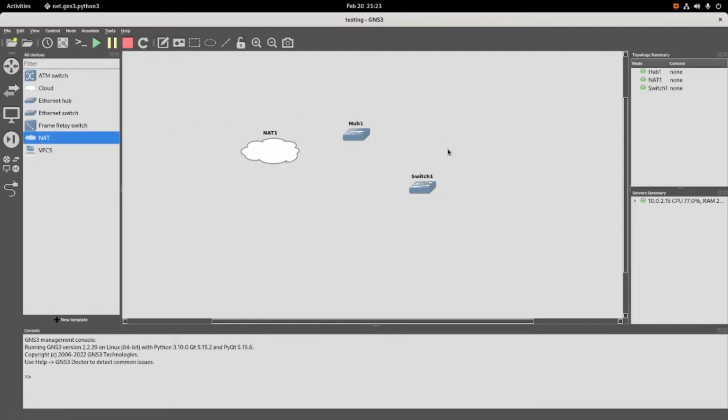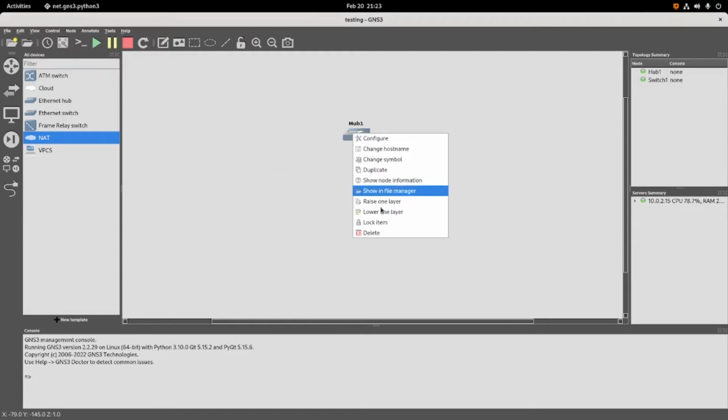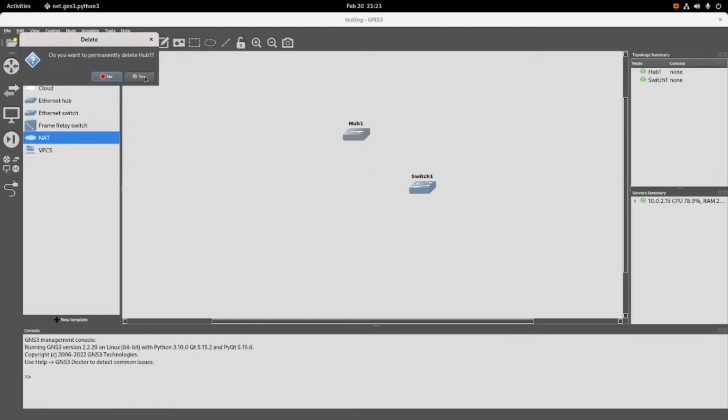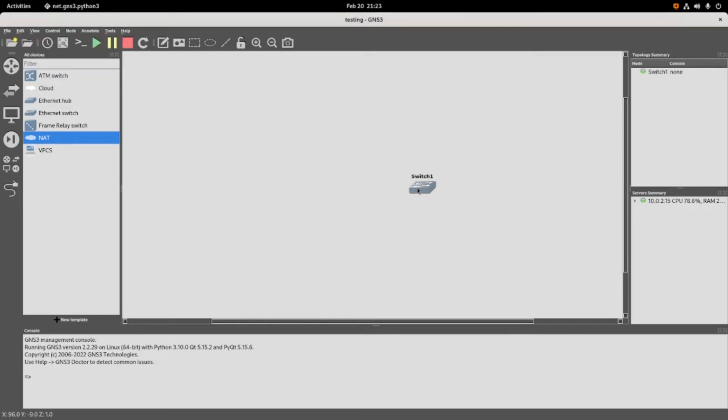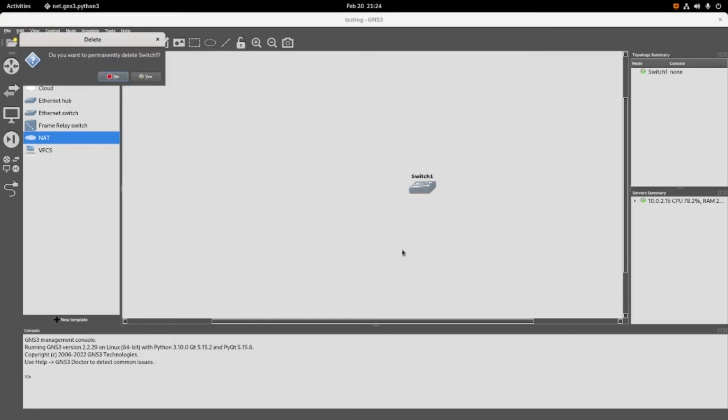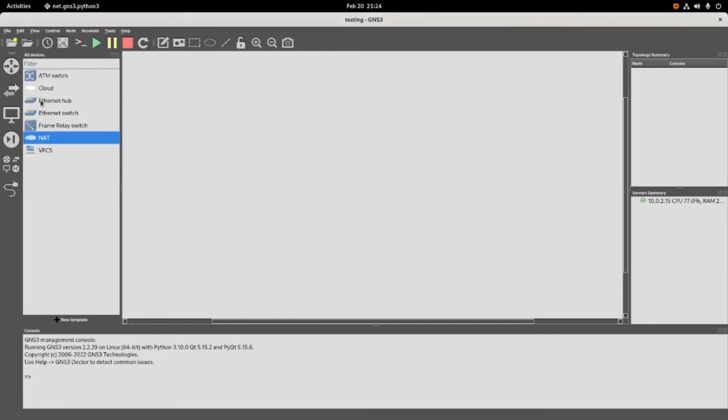I think there's no error here, so we can start to load our VM from VirtualBox. But before that, I will clean this up by deleting the templates.